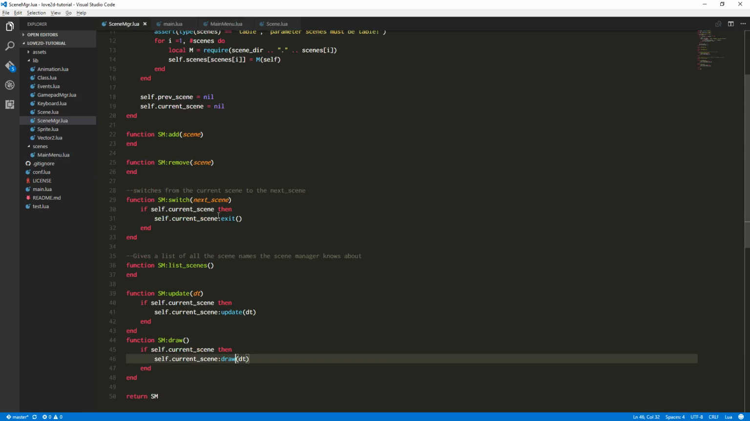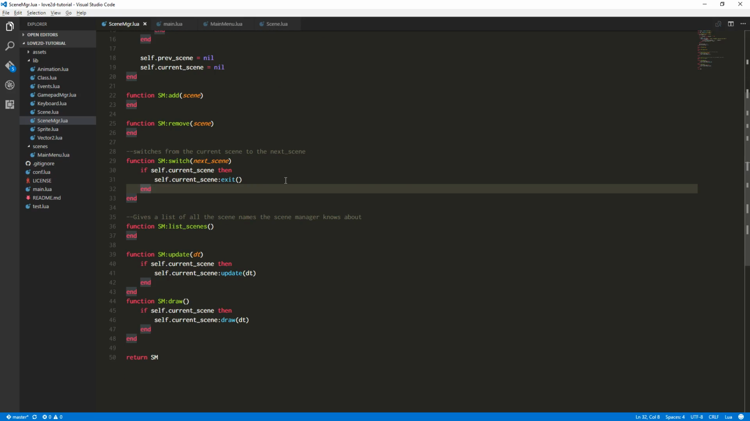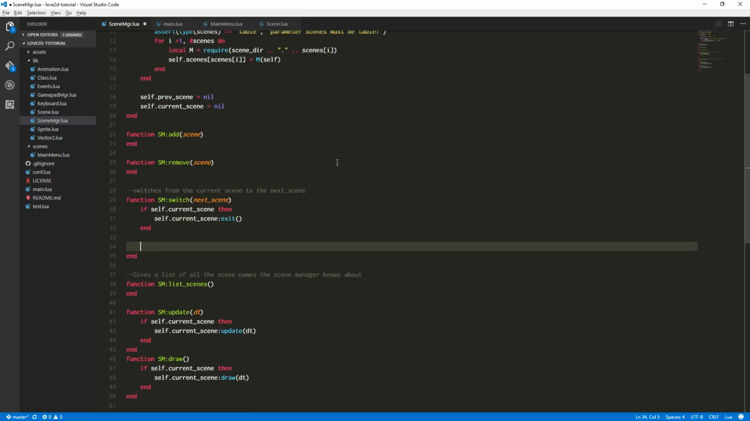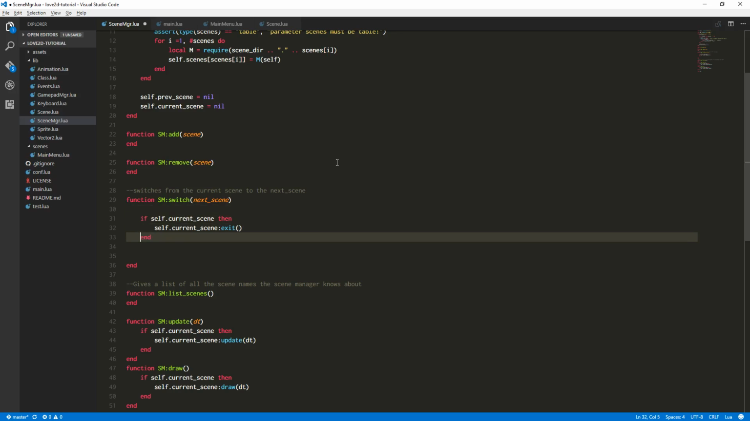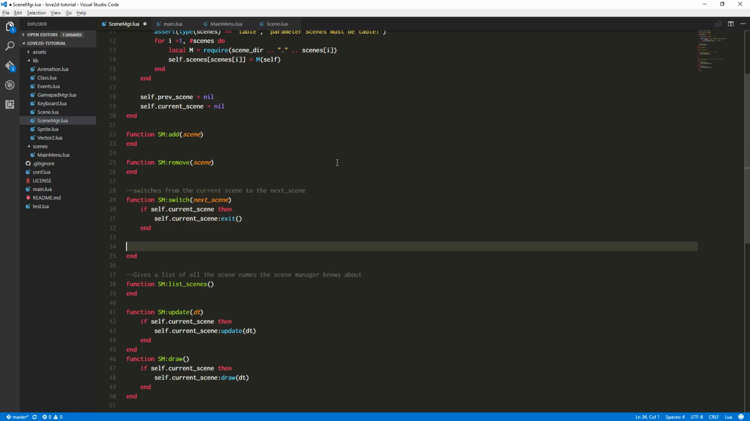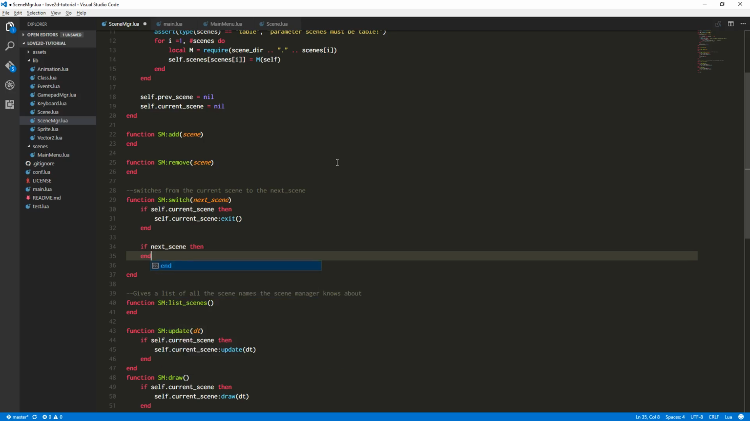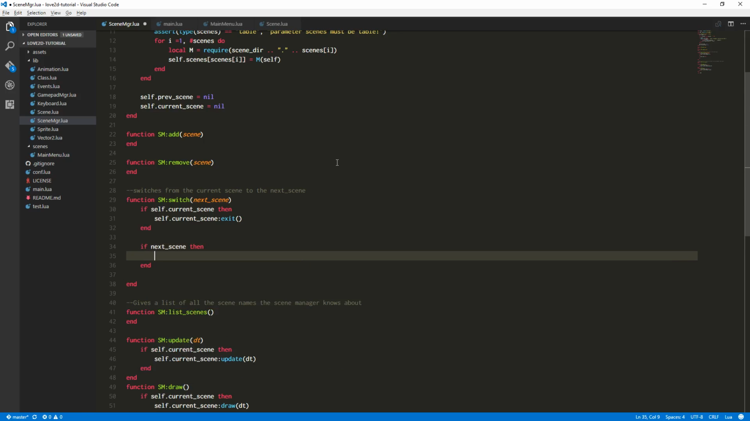And we haven't actually implemented this scene switching. So what we need to do is do that. So we could do some checks here. We'll say if, let's see, current scene.exit, and then we could also say if next scene, so basically if it's not nil, we could do some more checks here. And I'm wondering if we should. We'll leave it for now. We may add them later. So if next scene, then